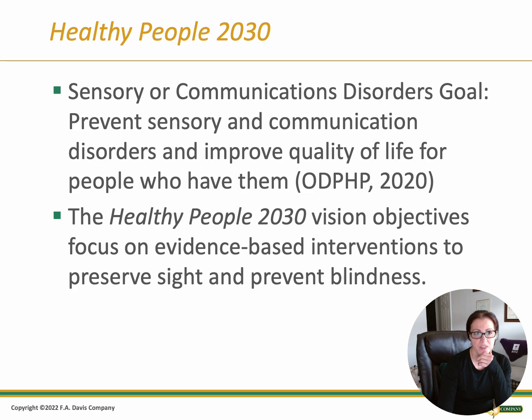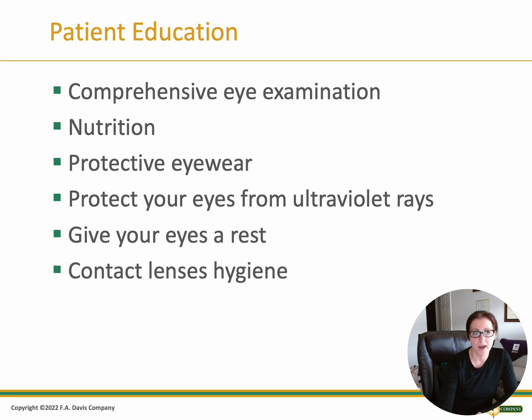The Healthy People 2030 sensory and communication disorders goal includes prevention of sensory as well as communication disorders, and communicating with your eyes to improve quality of life. And so one of their objectives is to preserve sight and prevent blindness by reinforcing comprehensive eye exams,